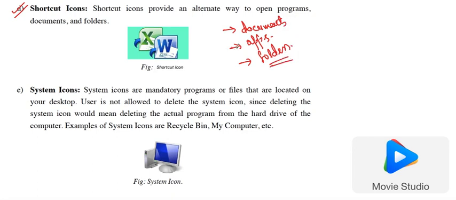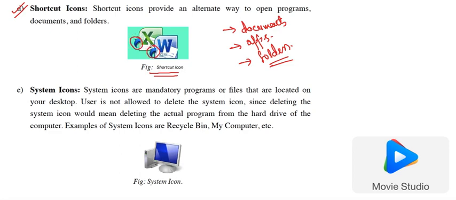So how will we notice that this is a shortcut icon? Whenever you see icons on your desktop, shortcut icons are those which have a small arrow on their corner. In the example we have given here of a shortcut icon, we have a small arrow here.